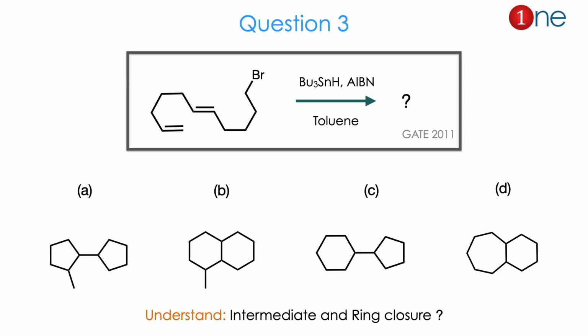The second is a fused ring system. One is 6-member, the other also 6-member, but one is attached with a methyl. The third answer is a 5-member and a 6-member ring connected through a bond. The fourth answer is a 7-member and a 6-member ring. From the reactant and reagent you might guess the intermediate is important, and the ring closure possibility is definitely a competition here. The answer is A. Let us see how.